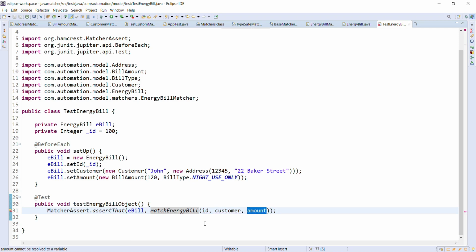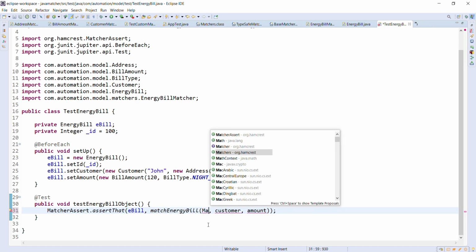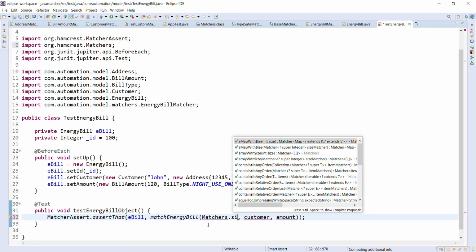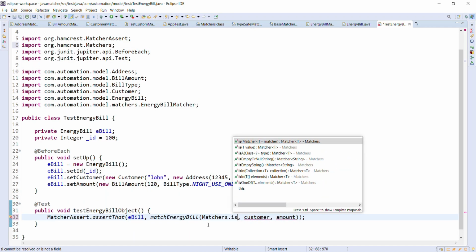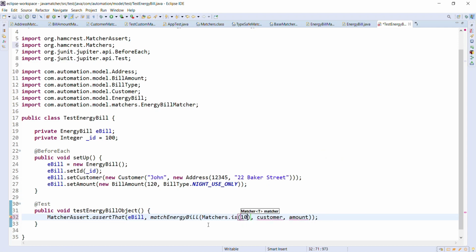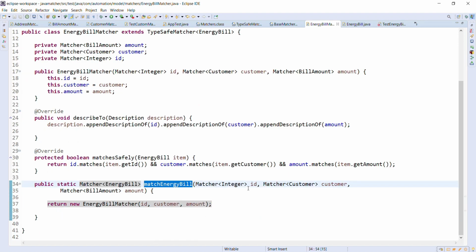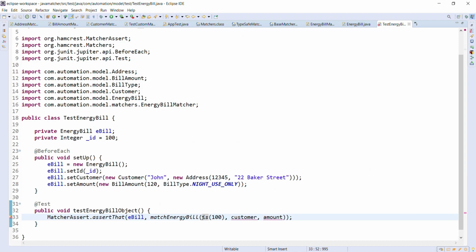And we have already created the matcher for customer and the amount. So for the ID, it is an integer, so I can use any of the existing matchers, that is is(100). So that is the reason the type of this parameter is Matcher of Integer so that I can specify the existing matcher for the validation.